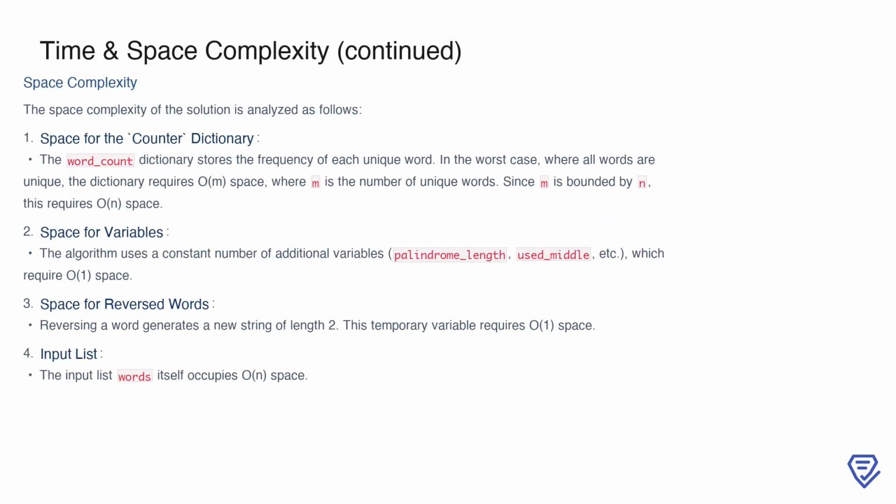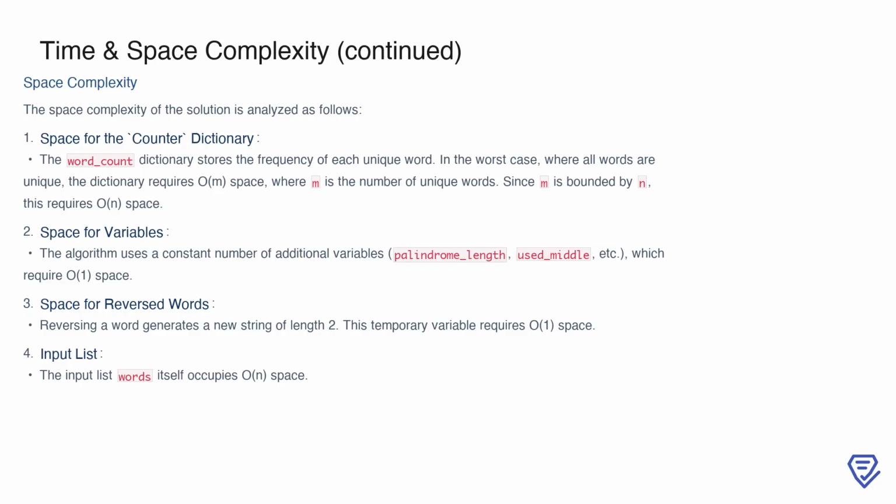Now, let's examine the space complexity. The primary contributor is the counter dictionary, which stores the frequency of each unique word. In the worst case, where all words are unique, the dictionary requires O(m) space, where m is the number of unique words. As we've established, m is bounded by n, so this step takes O(n) space. Additionally, the algorithm uses a constant number of variables, such as palindrome_length and used_middle, which require